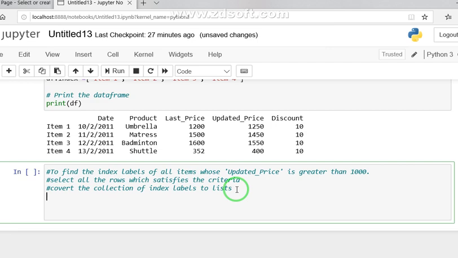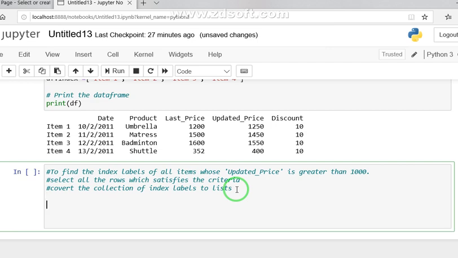Now how is this step used? You can see here, I am using a variable index_label equal to df, then a square bracket, another square bracket and in quotes my attribute name, updated_price, as you can see in the above part.